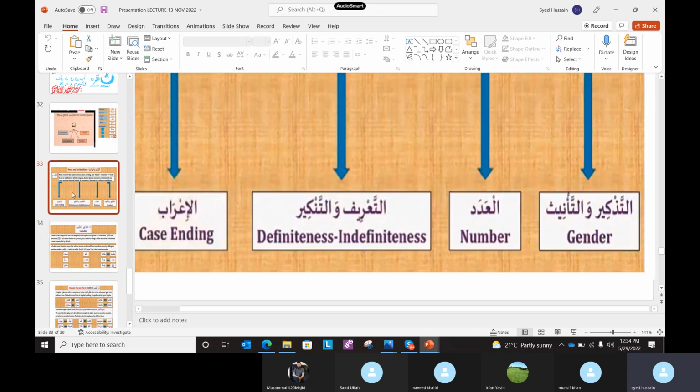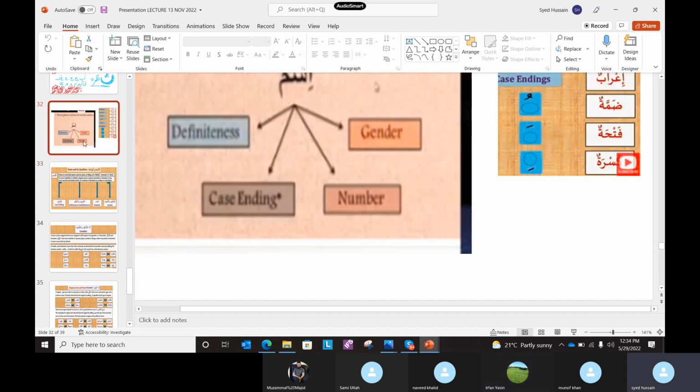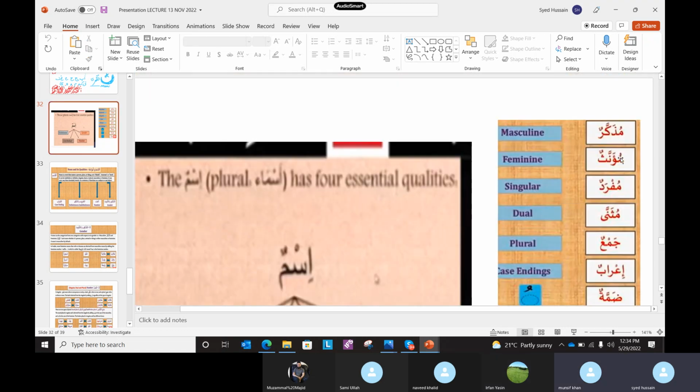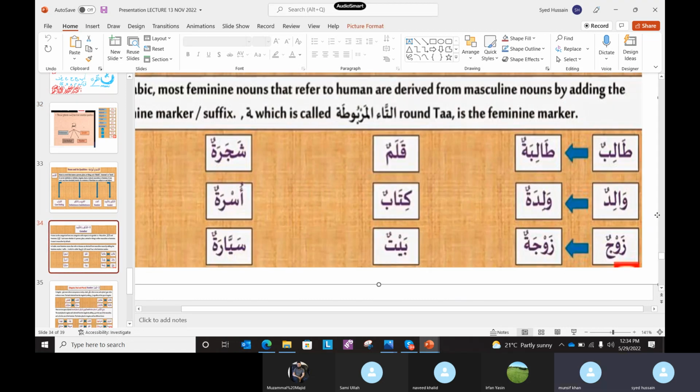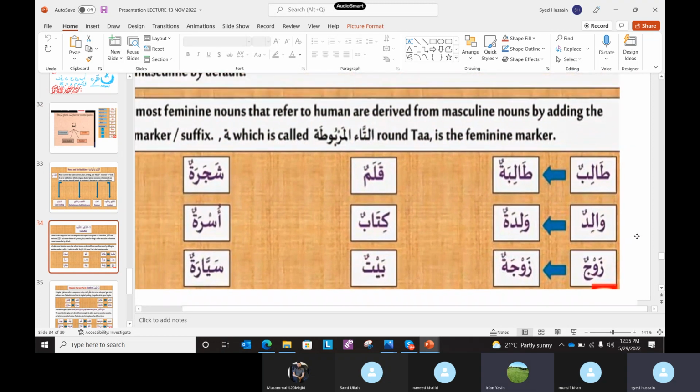We call it taskir wa tanis, or gender qiyasi. In simple language we also call it Mudhakkar Muannas, or jins. We already studied this here. So this is the same name for gender, jins. Basically, what is that? Jins. If you look here, these are the jins,